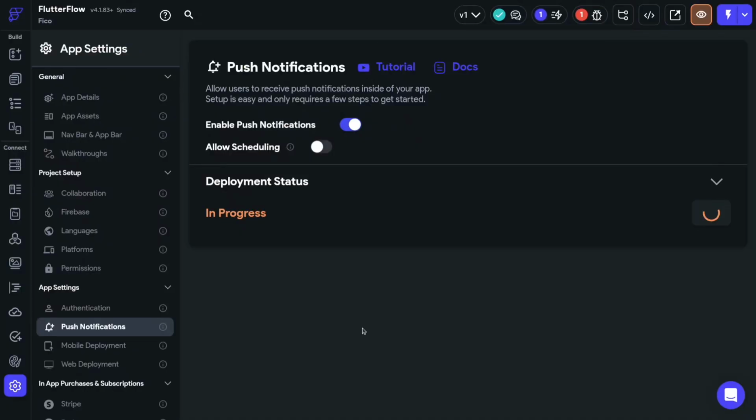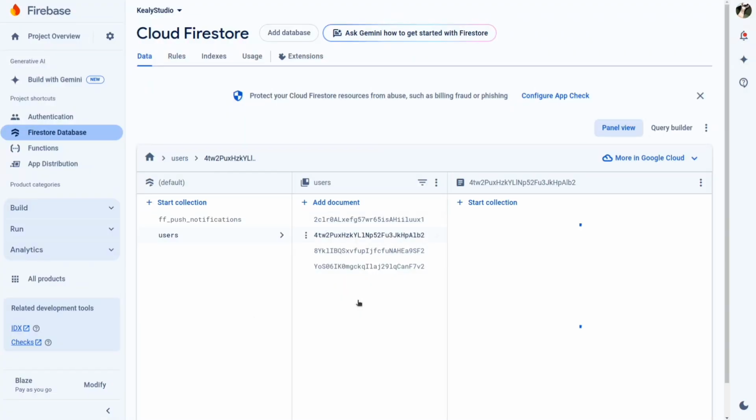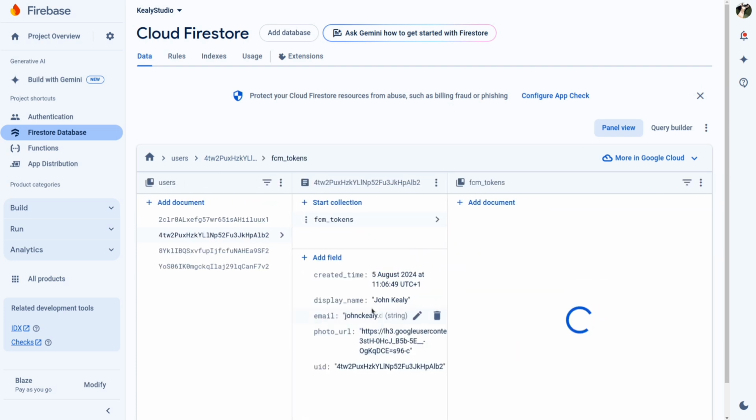You create your Flutterflow app in the simplest way possible, which is with Firebase on, and then you hit a button and push notifications work. Now, Firestore is keeping track of your users, but also crucially is keeping a record of your device tokens, which you need for the push notifications to work. And that is where you stop using Firestore, because as a database, it's bad. But more than that, your backend is not just a database.